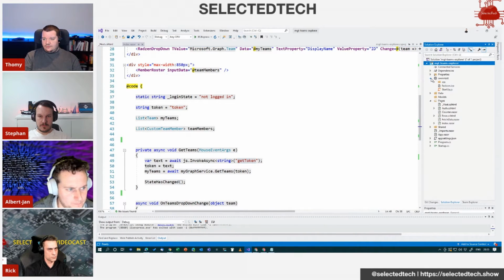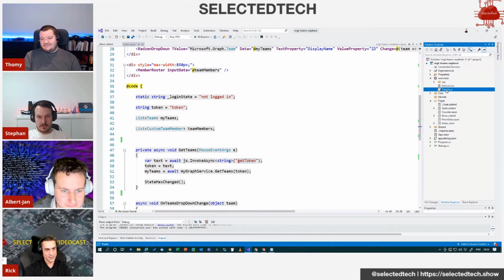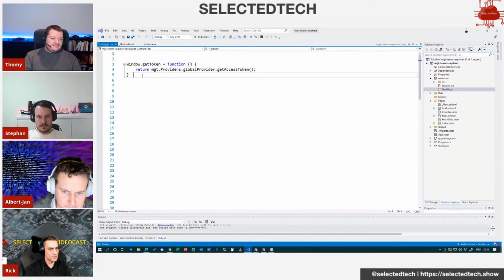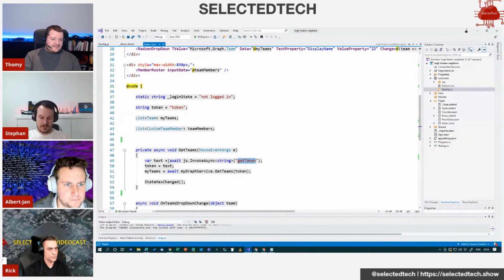So Blazor goes to the page and executes JavaScript on the page for you? Yep, that's why in my wwwroot, never said it in English before, interesting word, there's a JavaScript file, and there's my function. And what I'm doing is I'm calling the Microsoft Graph Toolkit, the providers, the global provider, and calling the get access token JavaScript function. And actually, that function gives me back the token I want, because I already clicked on login